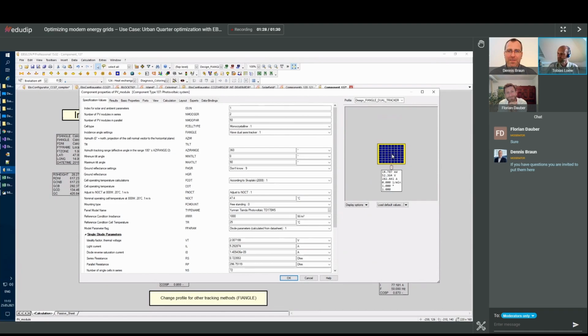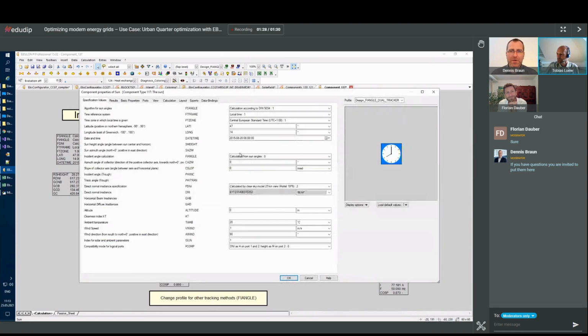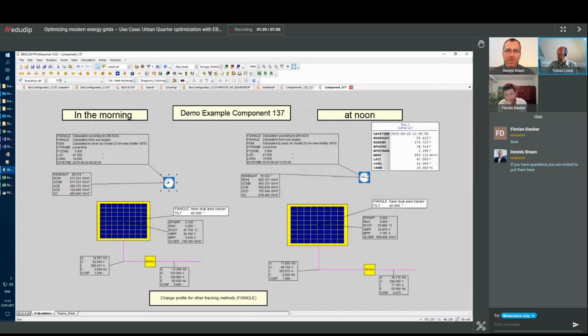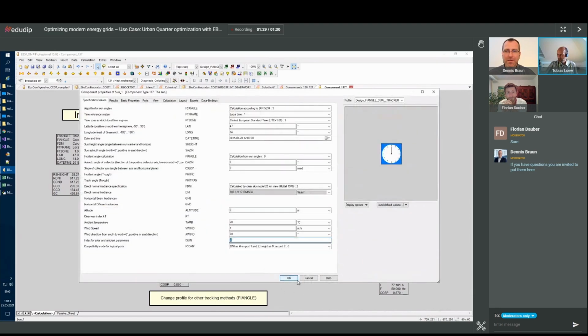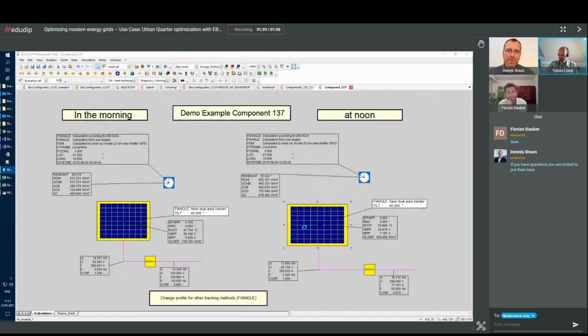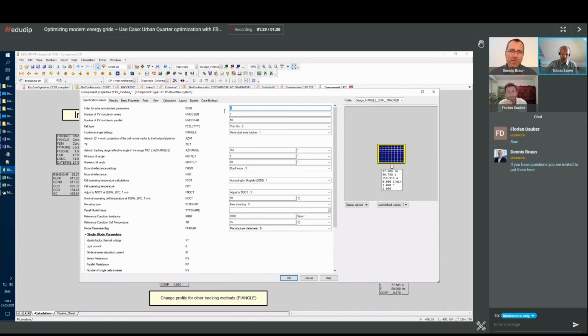you specify for each of those sun or solar dependent components an index up here, and this index then is specified. Okay, here is the index for this sun, and when we look at the other one, it should be a 2 in here. Yeah, you see a 2 in here, and this one refers to the sun with index 2. And of course, Epsilon will warn you when you have two suns with the same index, or a component maps to a sun index that doesn't exist in your model.